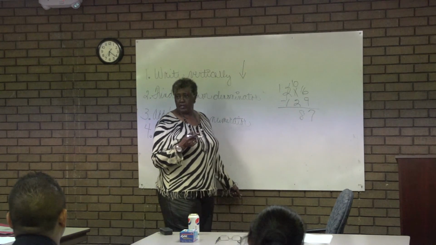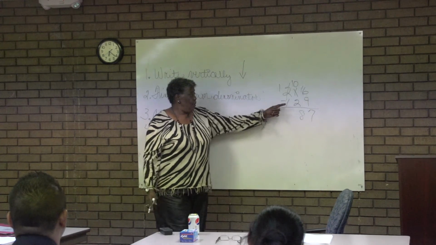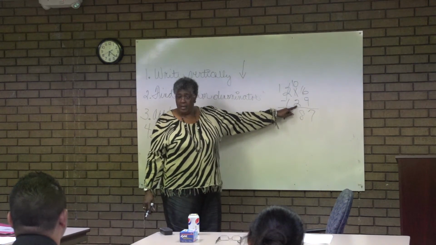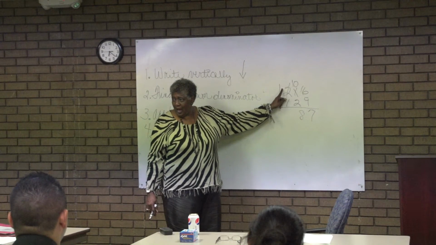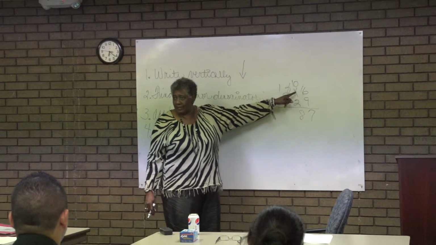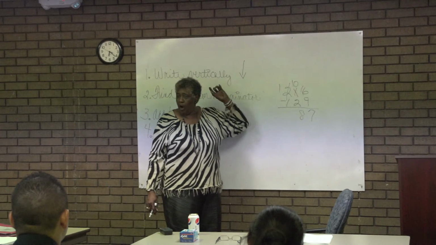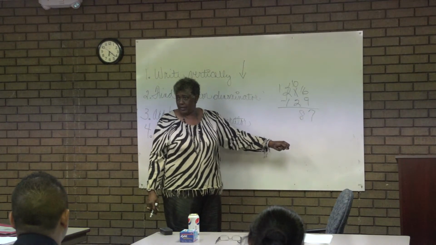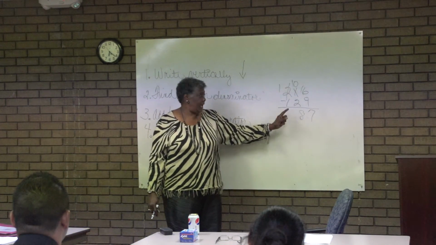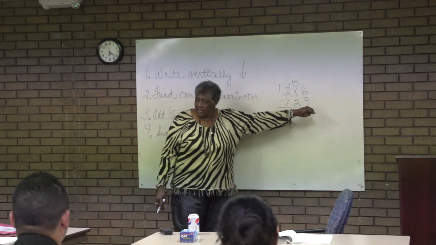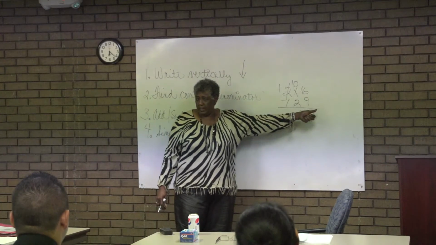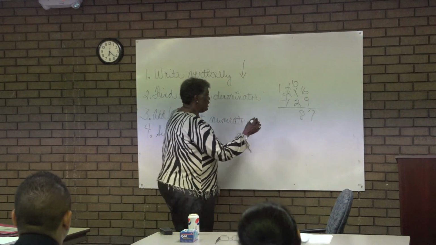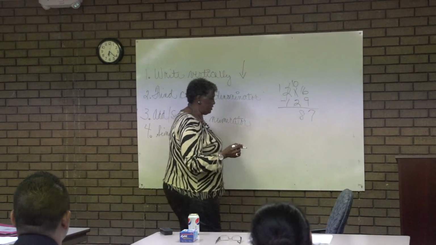But what you are doing is always borrowing a whole. You only needed 1 ten here, but I couldn't come over here and just break off a 10 off of that 100. I had to change 100 into 10 tens. I had to borrow a whole 100 and change it into 10 tens. I had to borrow a whole 10 and change it into 10 ones and add it to the 6 that I already had. So when you have fractions,